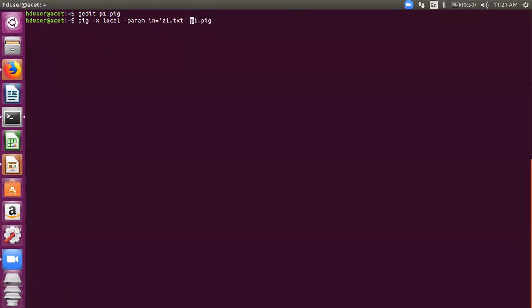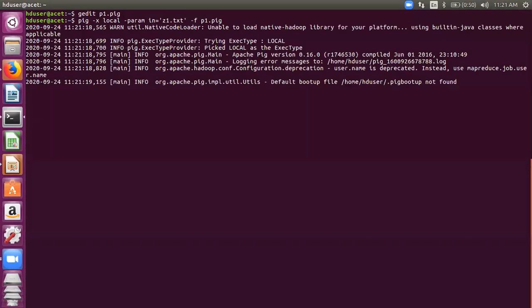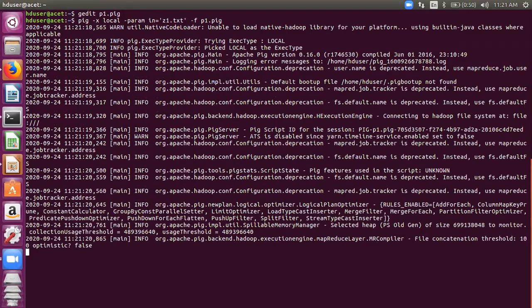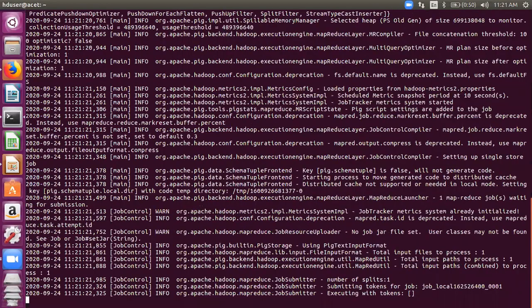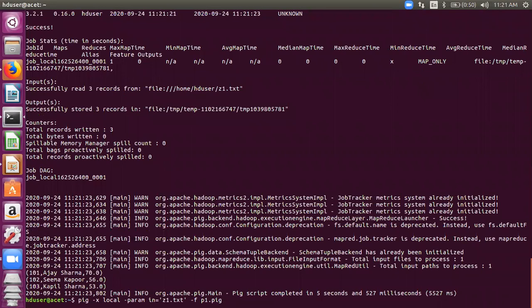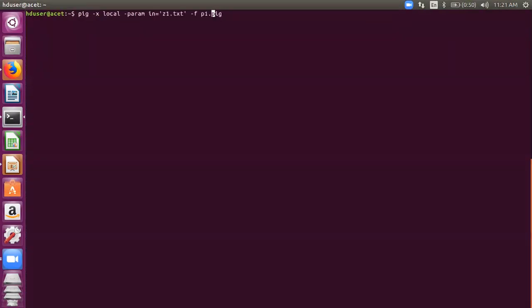Start pig in local mode and pass this parameter into the file p1.pig. You can use -f here also. I'm giving you time to note it down, please. You can use it like this without -f also, and it will give you the same output. Even if you go without -f, it will work.